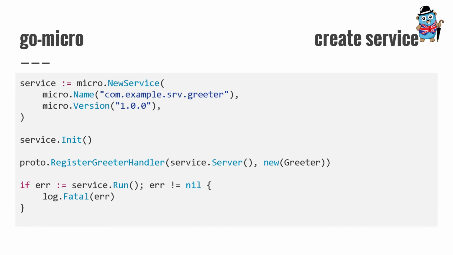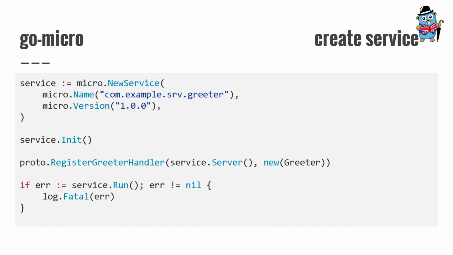And then when you're creating a service, it's very, very simple. You create this new service, you can give it a name, you can give it a version. That essentially takes a variadic list of arguments, so you can also pass in metadata and whatnot. Also, it can initialize flags if you want to. Then you can use service.init to actually parse those flags. I know some people don't like flag parsing in libraries, so that's an optional thing that you can do. You don't have to use that.